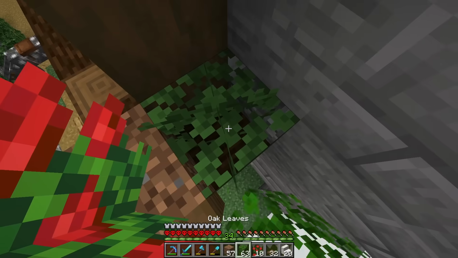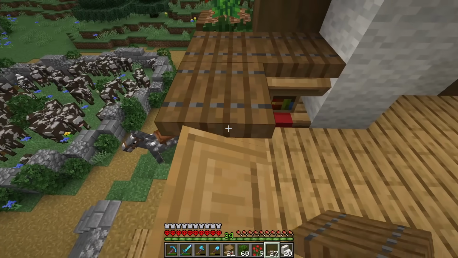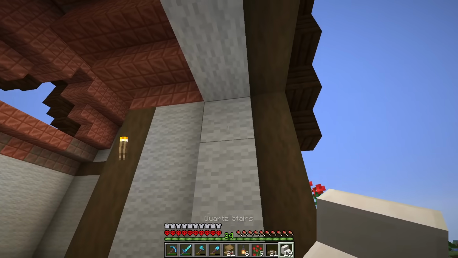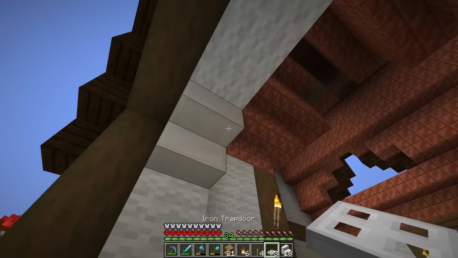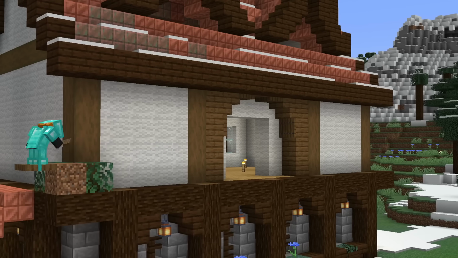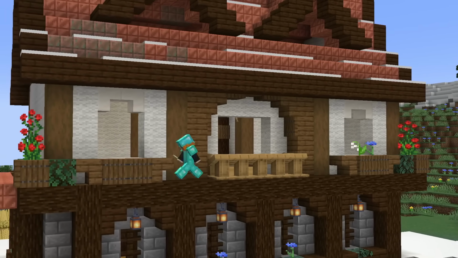I started decorating the front first, so I kept an opening for making a large balcony with a row of lecterns and trapdoors for the railing. To make an arch shape, I placed some quartz stairs in the corners and iron trapdoors that I had to activate with levers. Once the front was done, I moved to the back, making these plant pots underneath the windows,